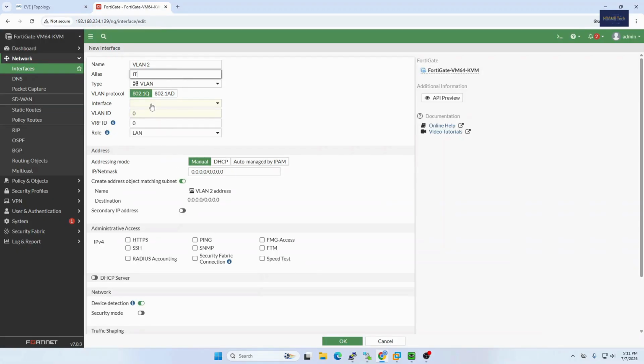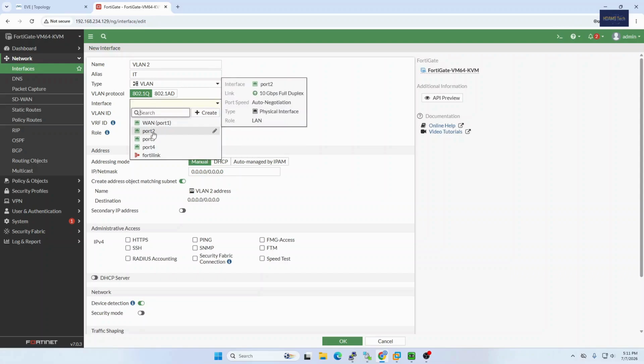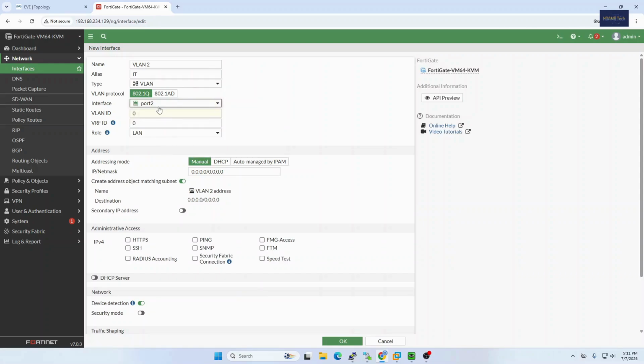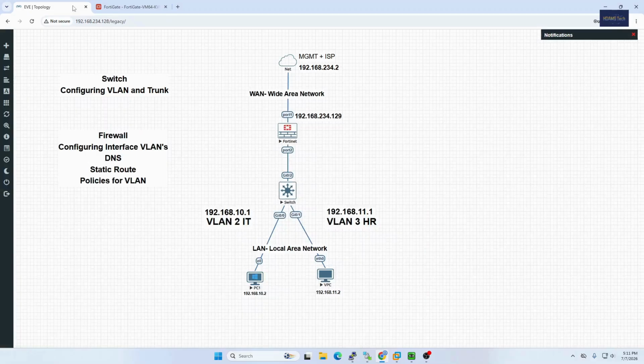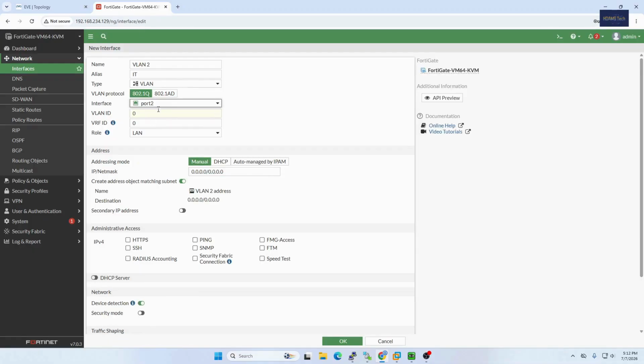Now port, we have to select port number 2. This is our local area network. So it is connecting port number 2 to our local area network. So we will choose port 2, and also VLAN ID we provided 2. So enter here 2, and also